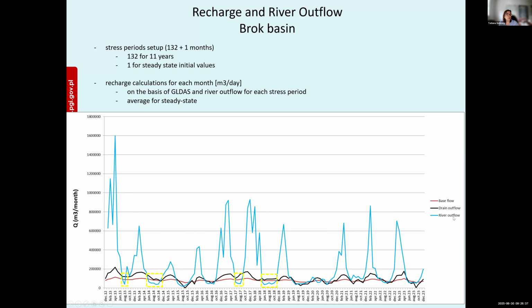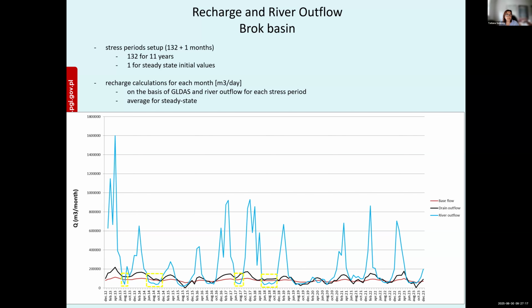In the case of the Brock River, it should be noted that the drain outflow estimated using the hydrogeological method occasionally exceeds the minimum river outflow recorded at the water station. Likely causes include high evapotranspiration in the valley, the presence of 10 weirs along the Brock and its tributaries, and unregistered water intakes from